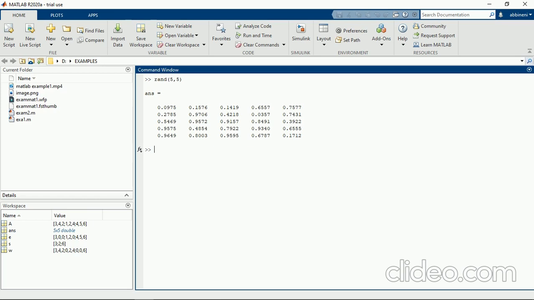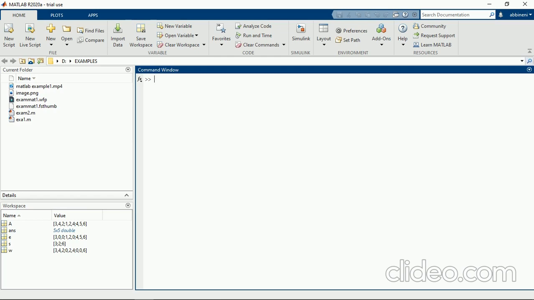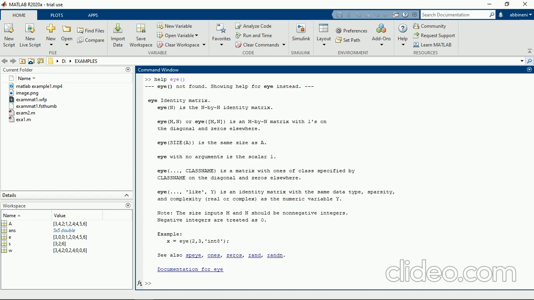One more thing I want to say here: if you want to know about any function in your MATLAB, we can go with help and ask about that function. When we give help and the function name, it gives the entire data, with examples also.